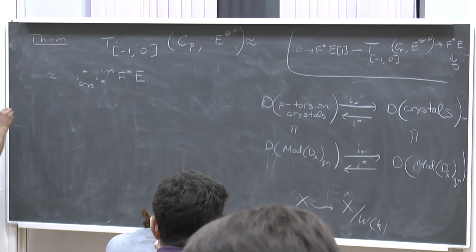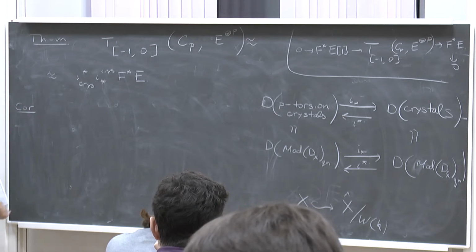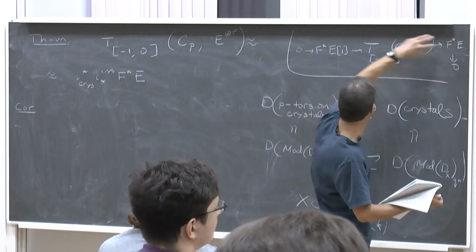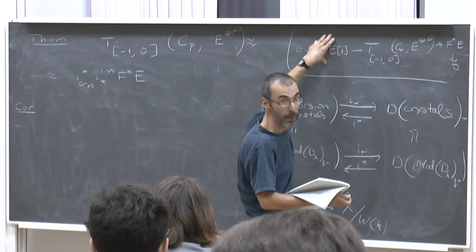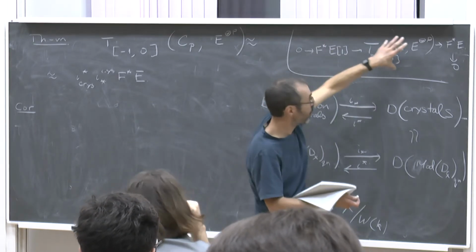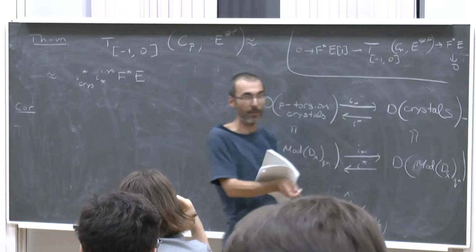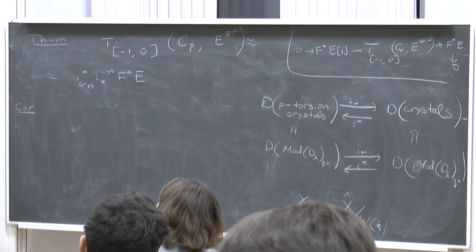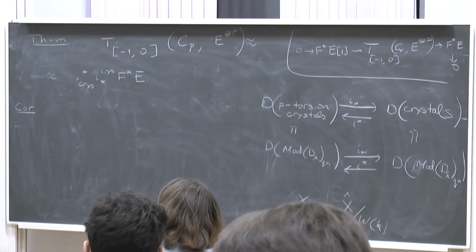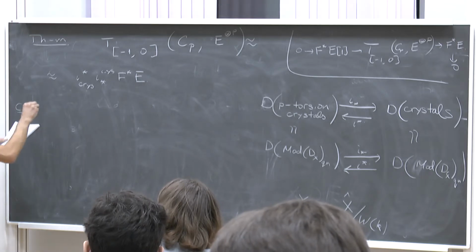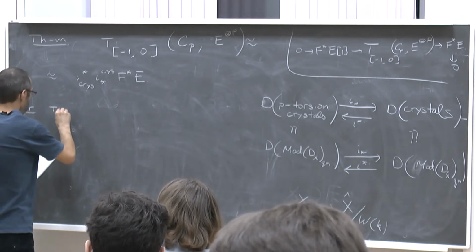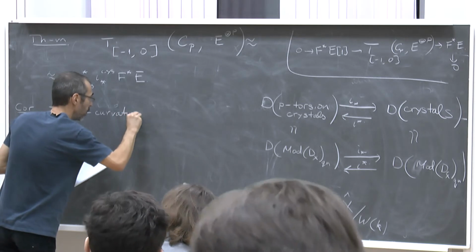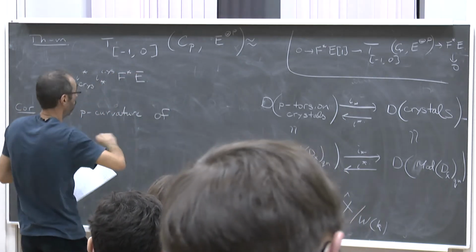And here are some corollaries of this. Again, all these guys are very simple D modules. They have zero p curvature. It turns out that the p curvature of this is not equal to 0, but I will write down the formula, which is sort of a variant of the Katz p curvature formula. Namely, the p curvature of this connection